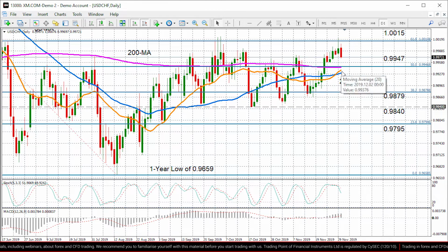We've got the 20-day moving average as well as the 50-day moving average at 0.9930, and then if those levels fail as well, the focus would turn to the 38.2% Fibonacci at 0.9879, and then lower down we've got that key support level of 0.9840, which acted as support several times this year, and so if that level was to fail as well, we would see the pair starting to look bearish